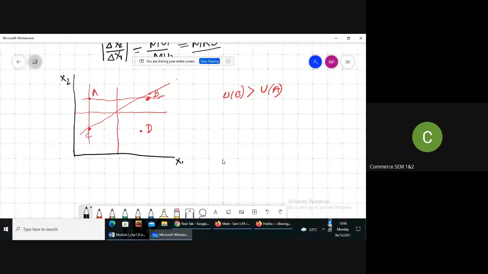So compared to point A, point D contains more amount of x1. তার মানে x1 টা বেশি আছে পয়েন্ট ডি তে, সুতরাং পয়েন্ট ডি তে x1 বেশি থাকার দরুন ইউটিলিটি বেশি হবে। সিমিলারলি কম্পেয়ার টু পয়েন্ট এ, পয়েন্ট ডি তে x2 টা কম আছে, x2 টা কম থাকার জন্য পয়েন্ট ডি তে ইউটিলিটিটা কম হবে।